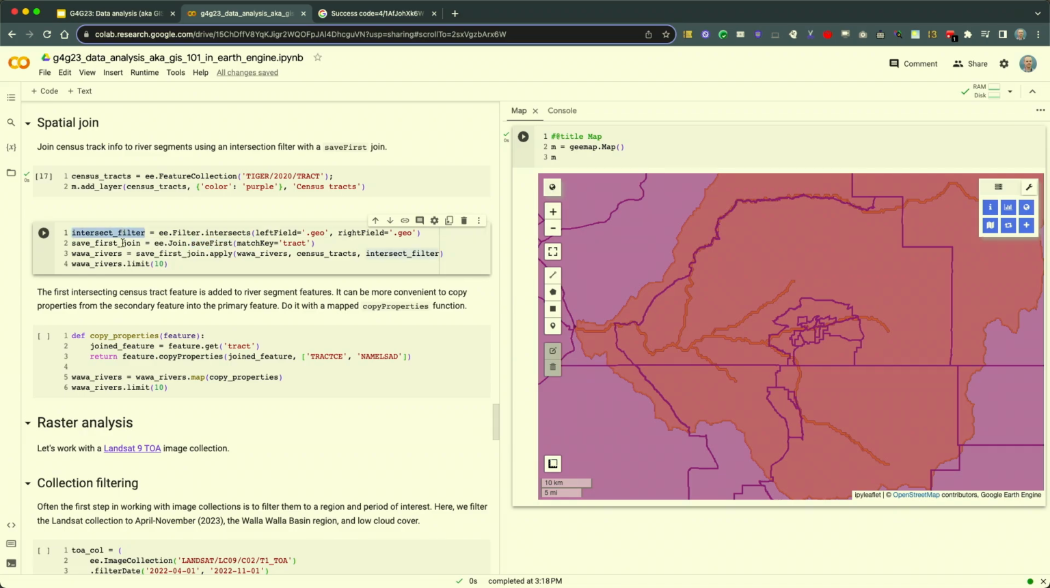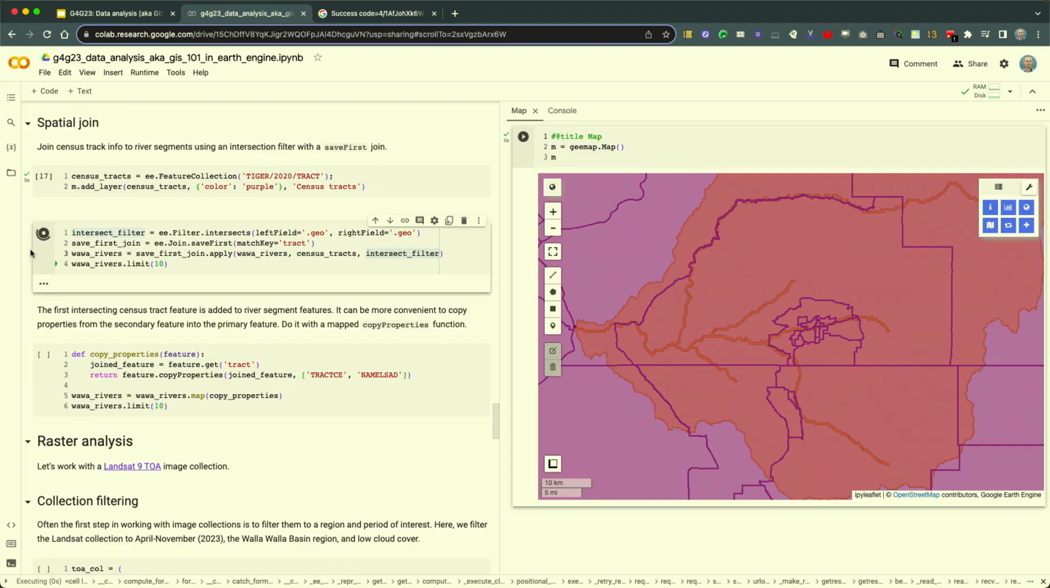So I have to make this filter. I define what kind of join I want to do, and then I apply this join. I give it my primary collection, the thing that I want to add properties to, which is my rivers, and I give it the secondary table, the thing that I want to take properties from, which is my census tract, and then I tell it how to do this interaction, which is my intersection filter. And so if I do that,